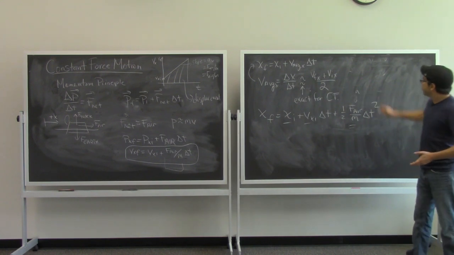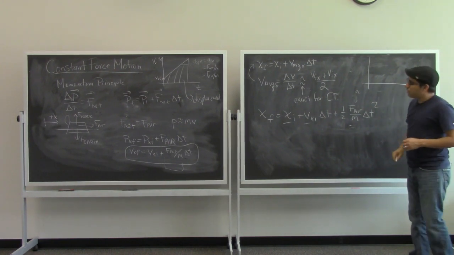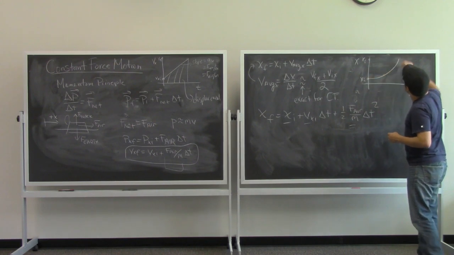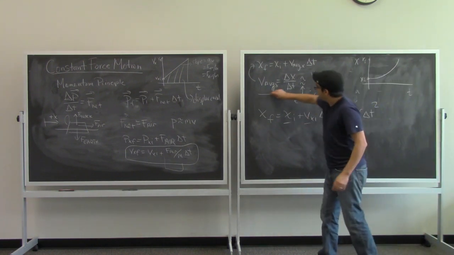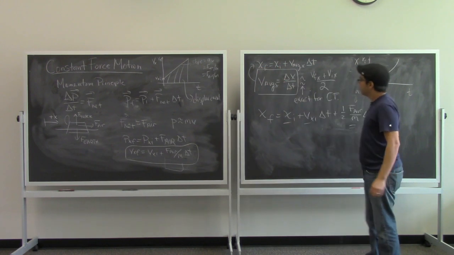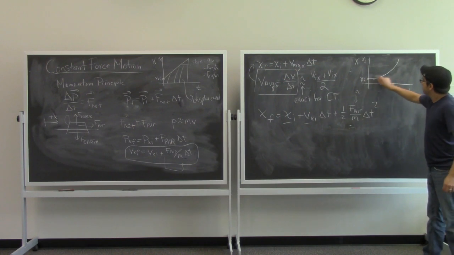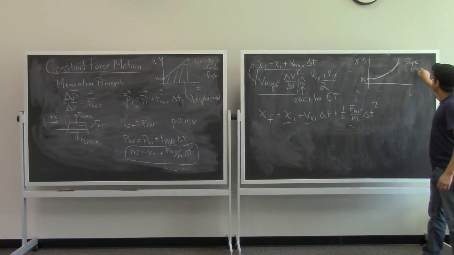Now, if we wanted to graph this, we could do that pretty easily, because we know that it's quadratic in time. We know the cart moves to the right. And so starting at its initial location and ending at its final location, the graph has some profile that looks like this. One piece of information that's pretty cool that you can get out of this is the average velocity using the change in position divided by the change in time, or rather the slope of this line. The slope of that line is precisely the change in position over the change in time, which is the velocity